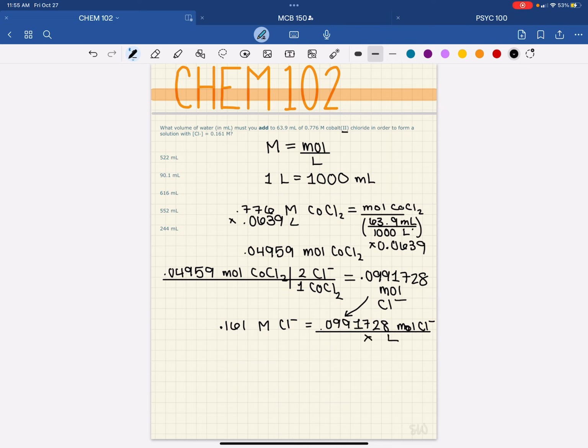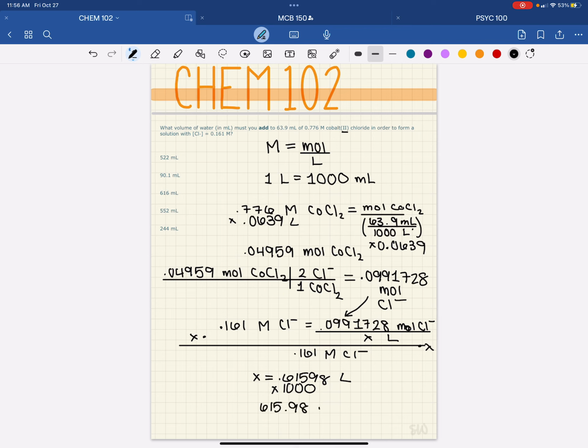So I'm going to multiply both sides by X and divide both sides by 0.161 molar chloride, which is going to give me in liters 0.61598 liters. Then I need to multiply by 1,000 to get milliliters, which is